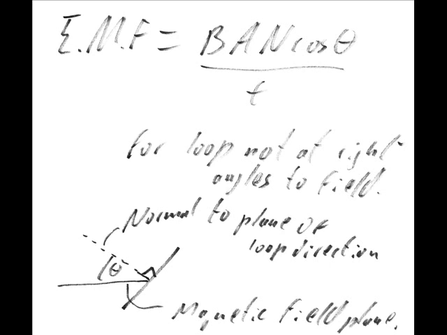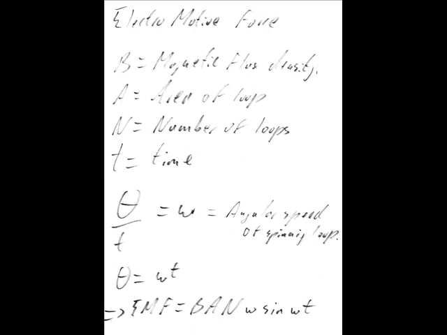the loop, and the number of loops, the amount of the rectangle showing to the magnetic field, and the speed of the loop spins around are all summed up to give an equation for electromotive force for any spinning rectangle in a magnetic field spinning on its axis. The electromotive force on such a loop is equal to the magnetic flux density, B, times the area of the loop, A, times the number of loops, N, times by the angular velocity, omega, times by the sine of angular